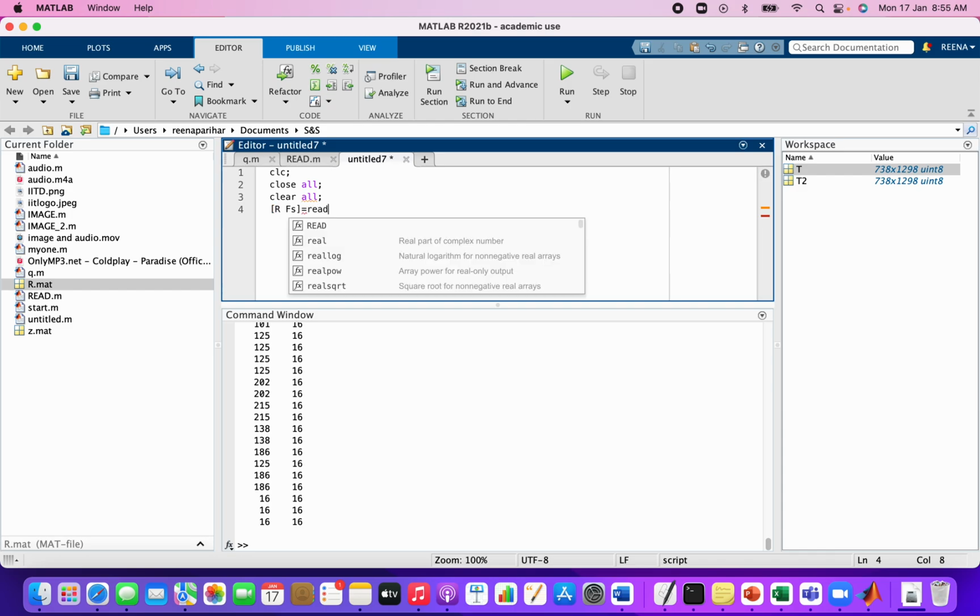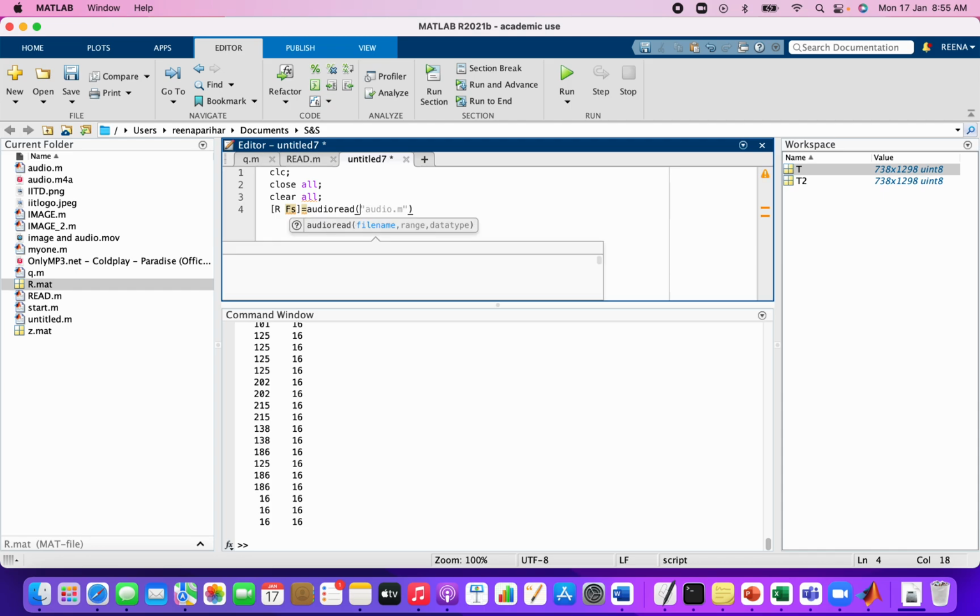So I'm going to use audioread. You can see this function, audioread. You have to write the proper file name. This audioread command will store the data into r and fs.